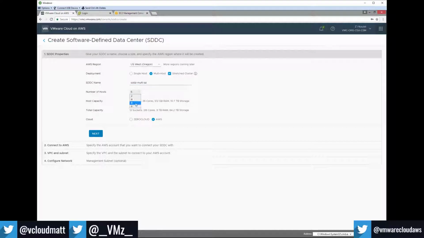You get an option. The minimum node count is 6. What we'll be demoing here is something that's not available. It's just a 2-node, just for demo purposes. The minimum node count when you deploy is 6 physical nodes. It'll give you the total capacity: 12 sockets, the X amount of cores, and just under 65 terabytes